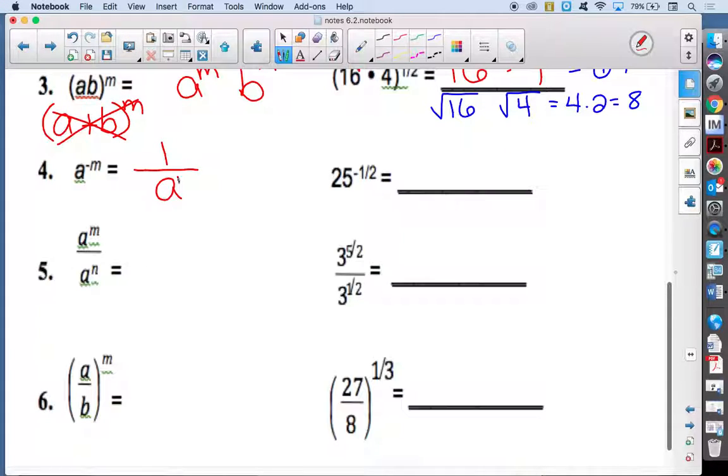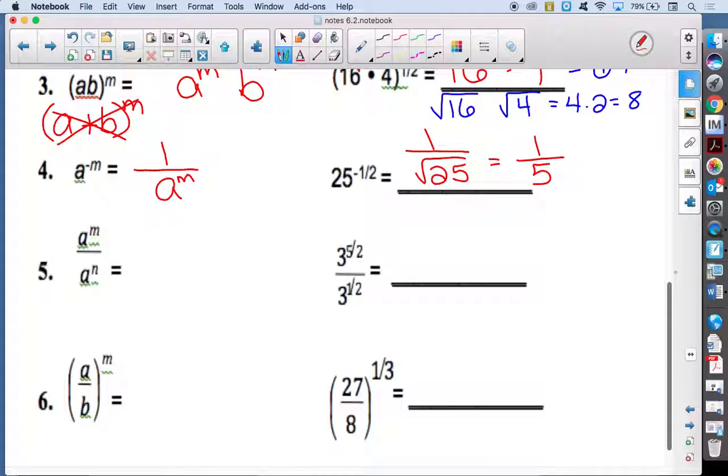Yep, so put it on the bottom under 1 to make it positive. So 25 to the negative 1/2, Ryan, would be? 1 over the square root of 25. Good, so 1 over the square root of 25, which is? 1/5. 1/5, awesome. So it would be 1 over 25 to the positive 1/2, but a square root is a